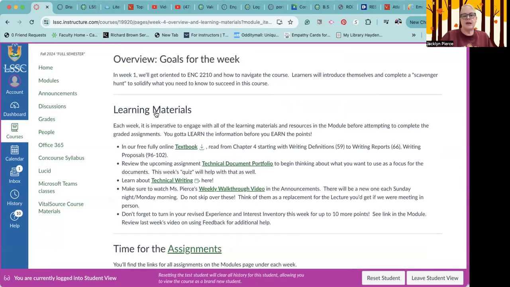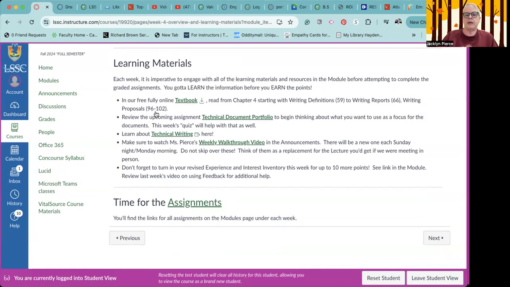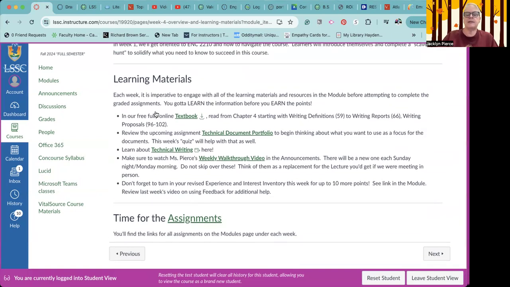The upcoming assignment is linked here, and we're going to review that in a second, because you want to begin thinking about what you want to use as a focus for your documents, and your quiz is going to help with that. The technical writing materials, of course, are linked here as well, so make sure that you open and go through those. And then, of course, it will be time for the assignments, which if you go forward, you'll